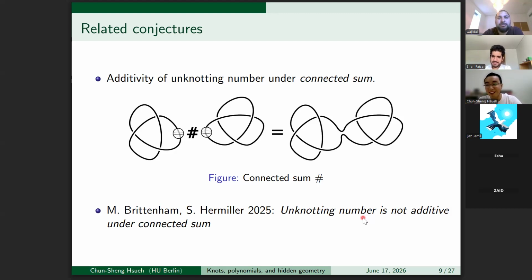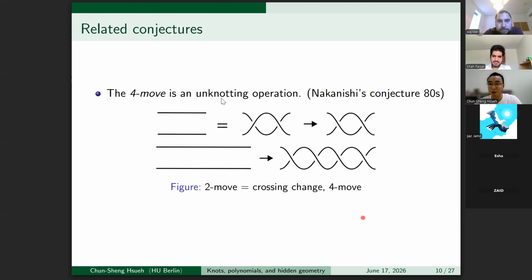And there are still many open questions regarding this. For example, we don't know if there are examples where you start with two knots that both have unknotting number 2 or 1, whether you can, in those cases, still reduce your unknotting number. So it's still quite mysterious, this unknotting number. People are interested on one hand because this operation has been known for so long and it's very easy to define. Okay, and I'm just also going to briefly mention another conjecture, which is also related to